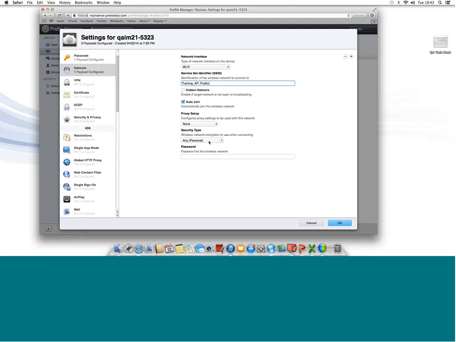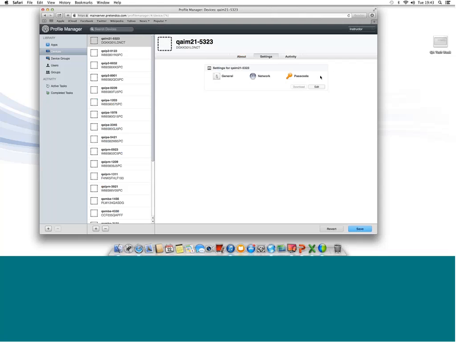So again, if you're in an enterprise environment, you've got 802.1X wireless networking, then go in and make sure you say that it's WPA, WPA2 enterprise. If it's a home user where you enter a WPA, WPA2 key, then personally I would set it to any personal, and obviously we stay well away from WEP. And then just enter your password. Now, again, we'll look at some of these profiles without code signing on there so you can see the difference on them. But if we accept that one, you can see I have a network and a